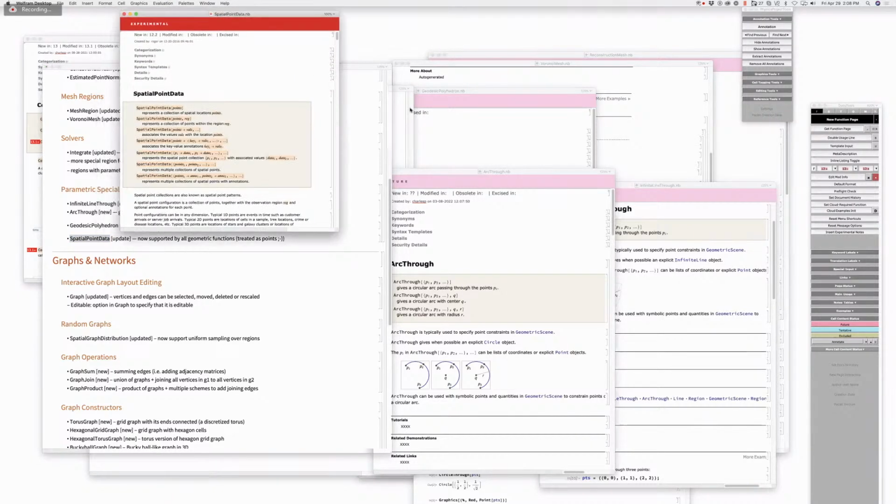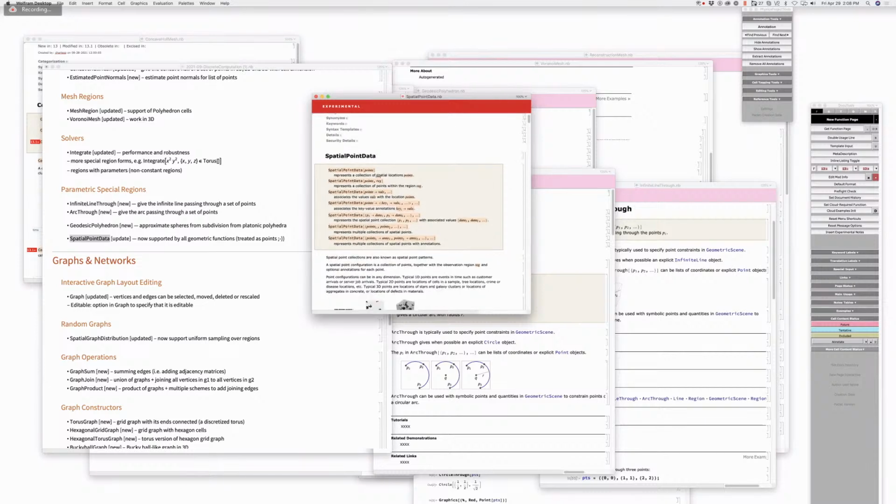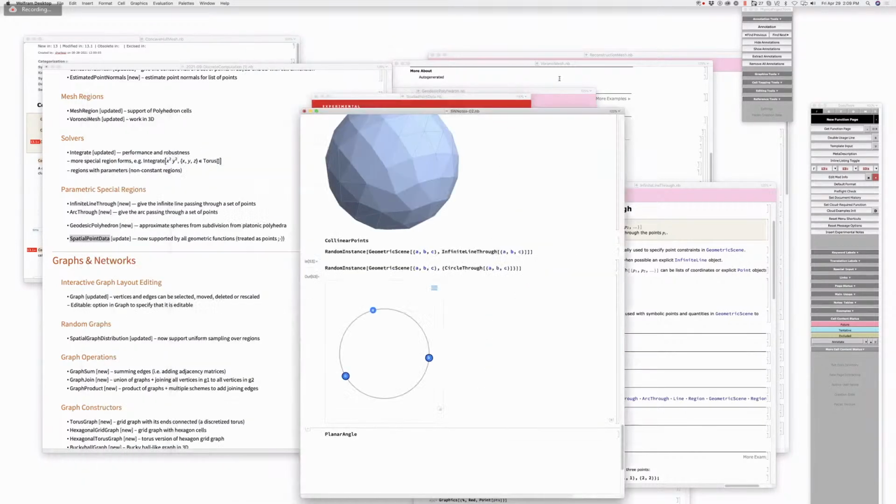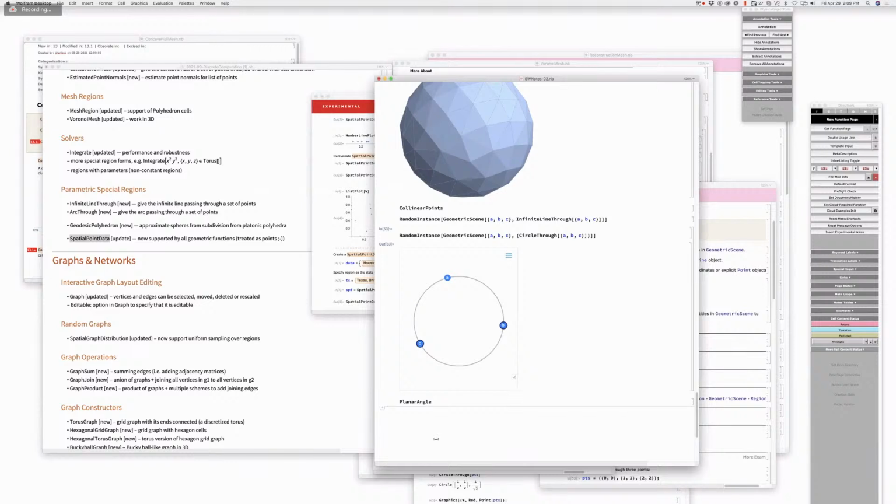Spatial point data. Oh, that was the bug that I had found, yes? Yeah, I think so. That was one of the workflow things. Now supported by all geometric functions. So explain, I was doing that elephant thing, right? What did I have? I had a bunch of geo. I can't remember what you did, but the workflow thing should work, this is another collection of points that's common. Okay, so for example, if I say something like,